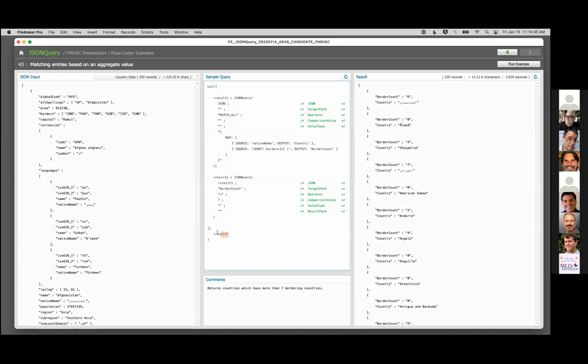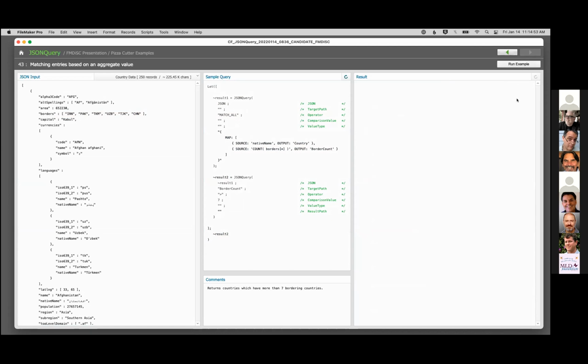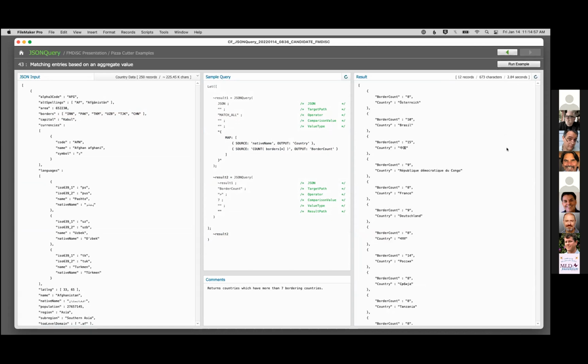And that's where I'm just doing some basic matching where I'm saying, hey, of this input that looks like this, give me the ones where the border count is greater than 7. And let's run that. And it'll finish just before 11:15. There we go. That's a list of countries that have a border count greater than 15. We've used their native names, and